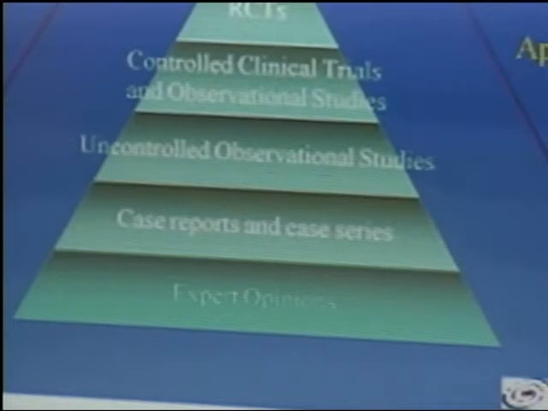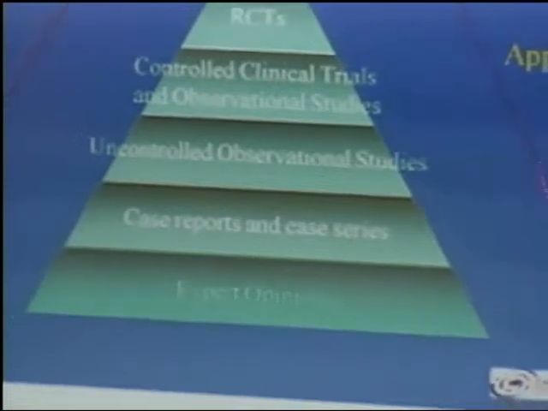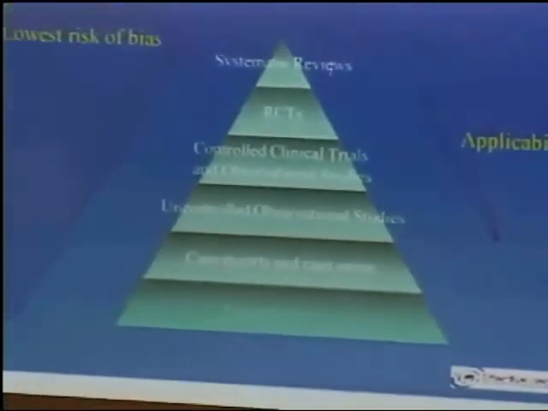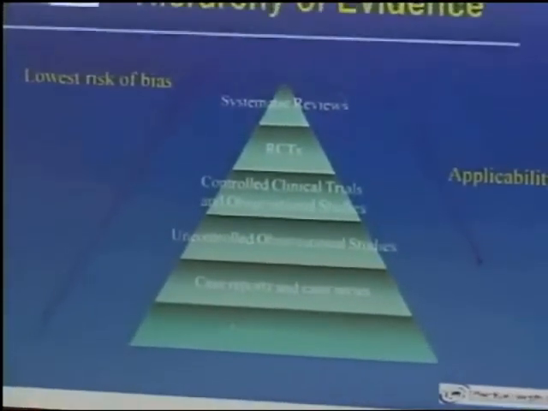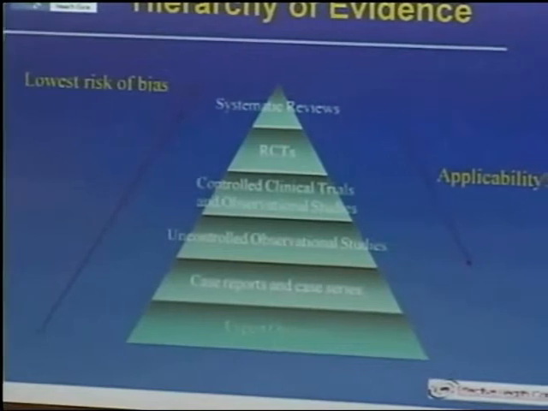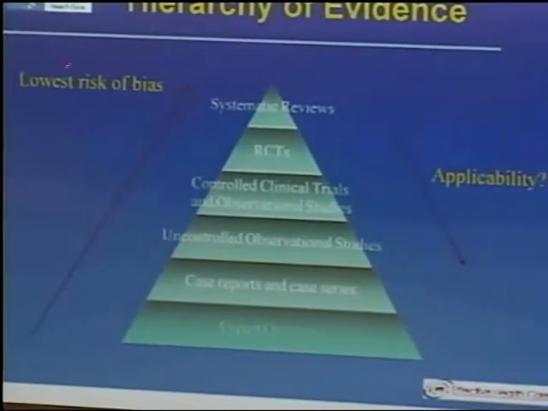But just to orient you again, we have this idea on the axis of bias and applicability. The higher we get up towards meta-analyses of really controlled clinical trials, we have very low bias, right? We have a lot of internal validity. Down here, of course, with case reports, we have a lot of bias. However, when we think about generalizability and applicability to patient populations,